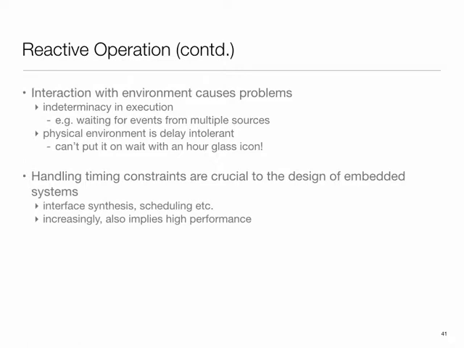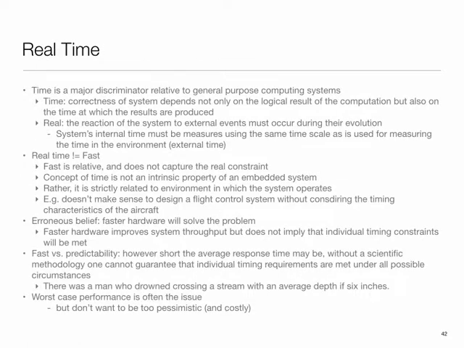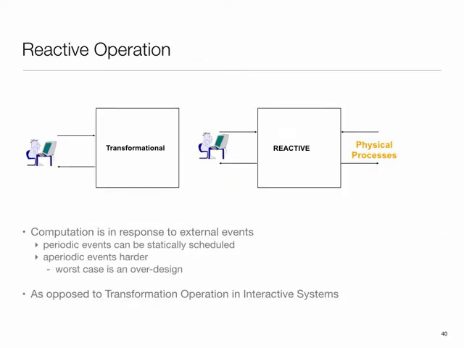Another, let's see, what were the points I wanted to cover out here? So time matters quite a bit in this kind of interaction. Sometimes things are periodic, but a lot of times things are aperiodic. That is, they could come at any time, and you better be prepared to handle them and respond to them. And oftentimes you have to respond within a certain bounded latency. This is quite different than what we would normally call transformational programming, which is simply take an input, compute something over it, output the result, and you're interacting with a human being who has a lot of tolerance to that.